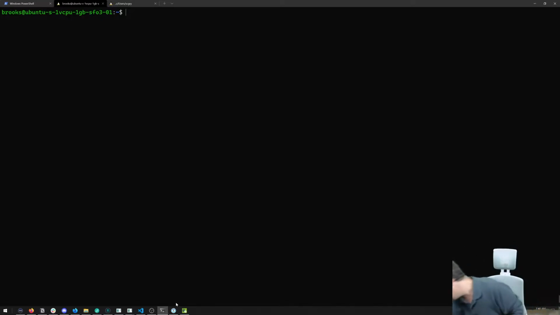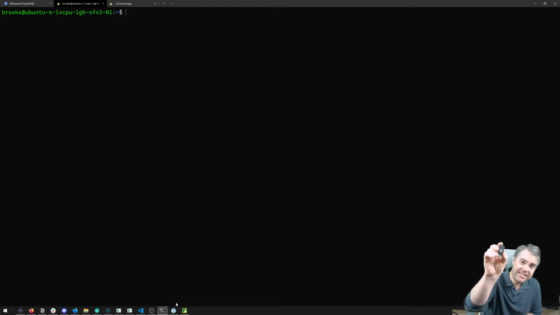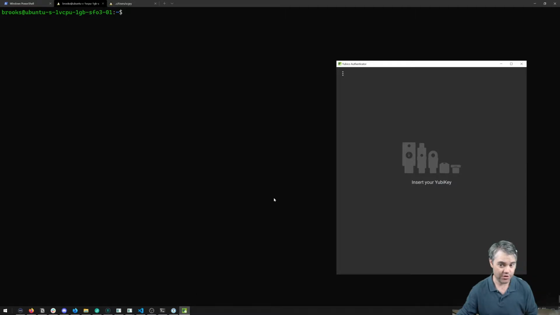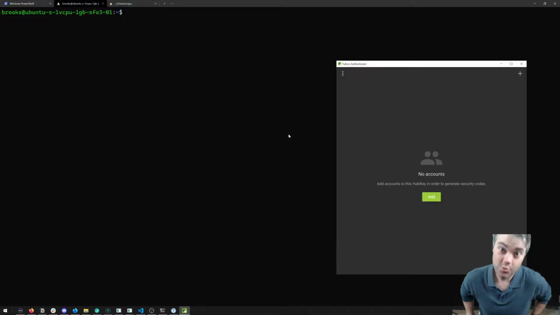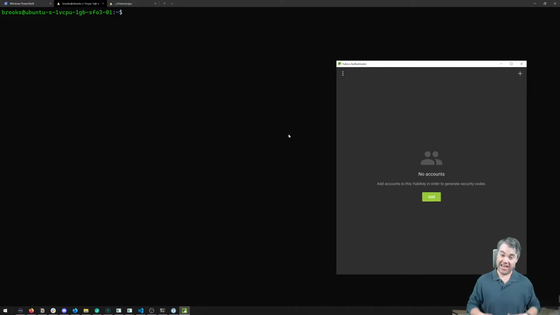A YubiKey is one of these little devices that I've got, and I've got it plugged in right now, and it allows me to set up those tokens. I've got a blank one here that hasn't been set up before. So we're going to be using that to SSH in securely with 2 factors for our admin account. And for any other accounts we want to add into these systems, we can set up their own 2-factor